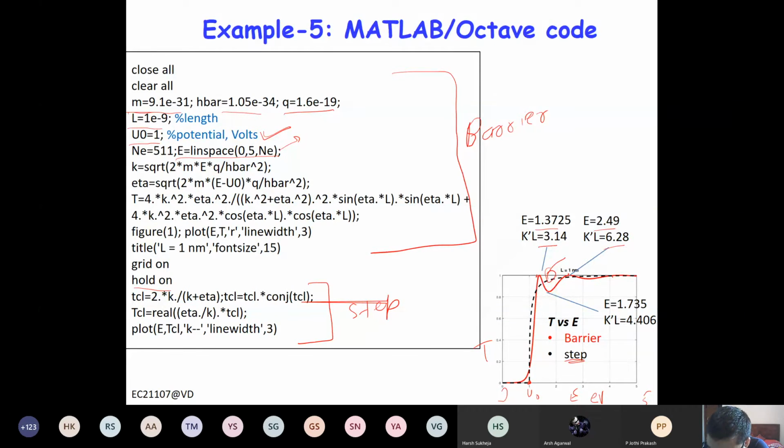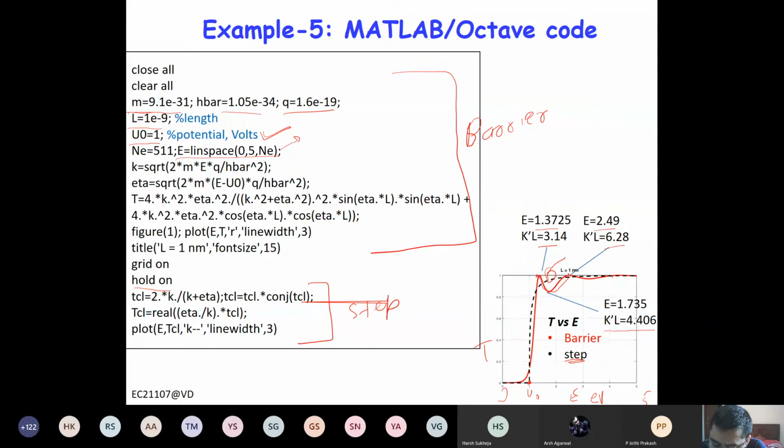I also found this point, which is the lowest one, the minimum. And here K prime L was 4.4. So it is slightly less than 1.5 pi, so pi plus pi by 2. It's slightly less than that. So that means the minima does not occur at exactly pi by 2. So minima does not occur where cosine is 0, right? It's slightly away. It's asymmetric also, you can see, right?